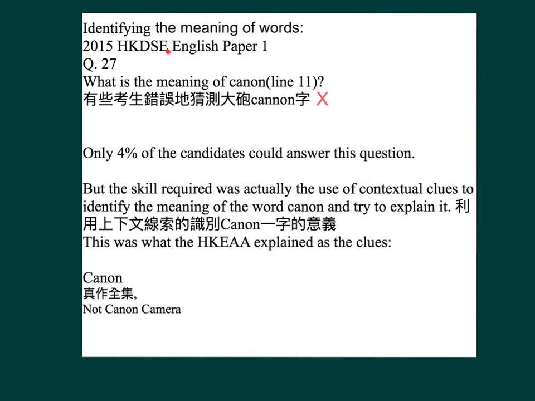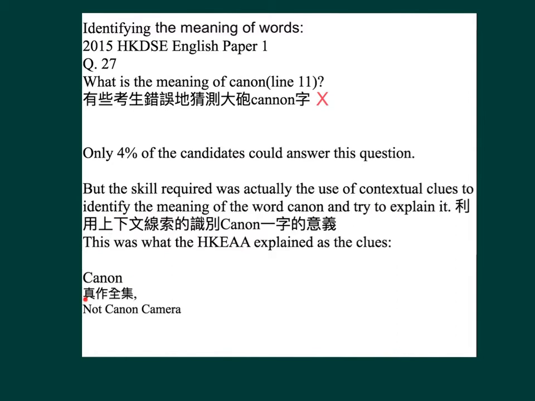2015 HKDSE English Paper 1, Q27. What is the meaning of canon in paragraph 3? 有些學生錯誤地猜測大炮 cannon 字係錯嘅。Only 4% of the candidates could answer this question. But the skill required was actually the use of contextual clues to identify the meaning of the word canon and try to explain it. 利用上下文線索的識別 canon 一字的意義。